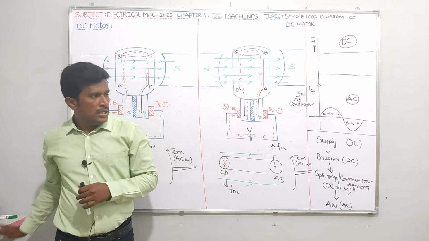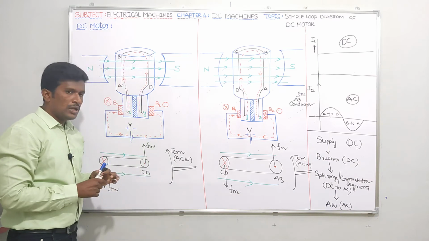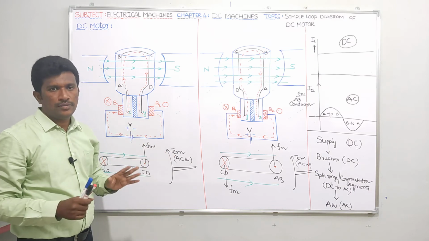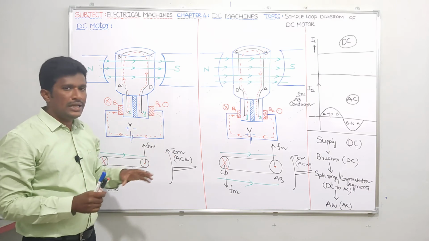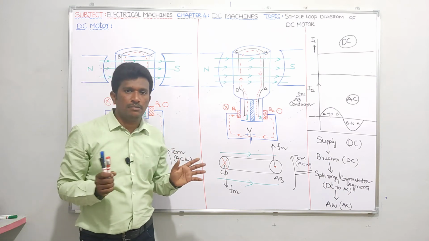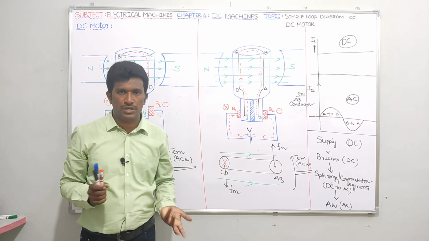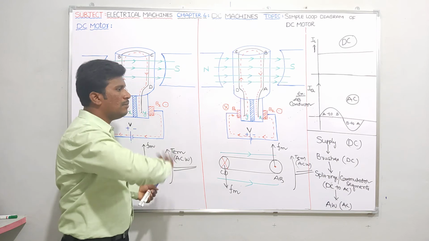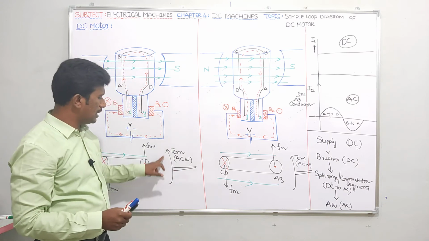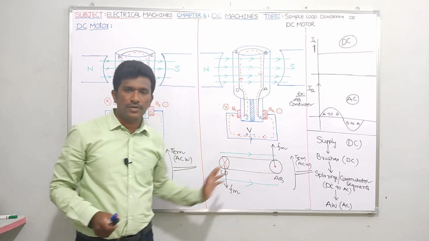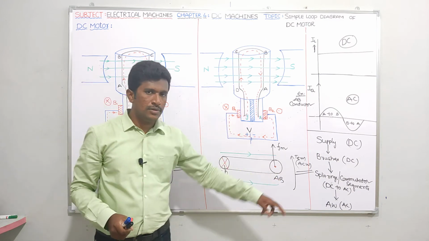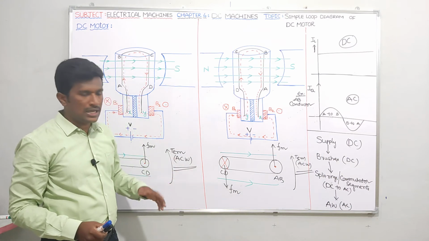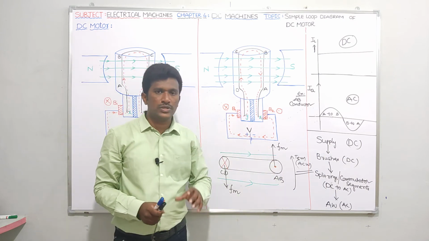Okay, right. Next guys, let me give one more note. Suppose for having unidirectional torque in a motor, which type of torque will you get? Always I need unidirectional torque. Torque should be in only one direction, maybe anti-clockwise or maybe clockwise, depending on the application. If you take anti-clockwise here, also anti-clockwise here, unidirectional torque will be produced. If it is clockwise here, also clockwise here, once again unidirectional torque. We don't want bidirectional torque, like anti-clockwise here and clockwise here.